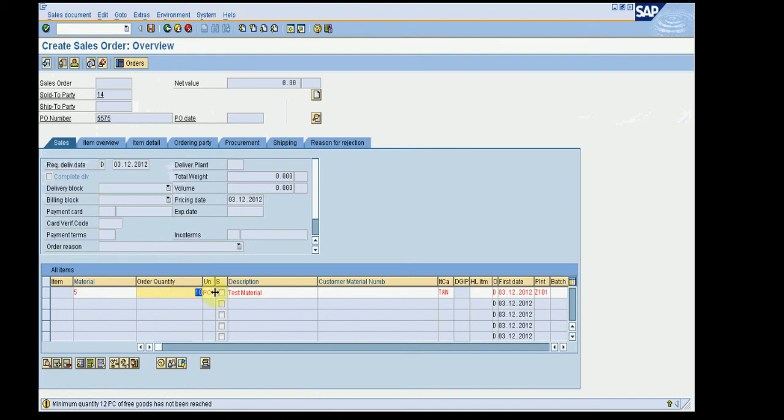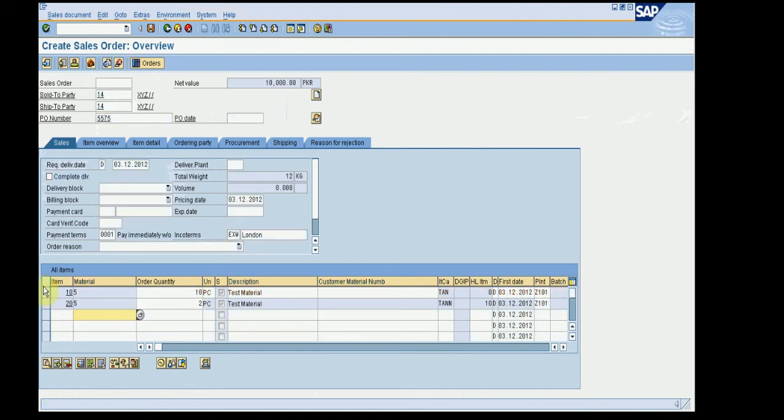Now I am going to change the quantity. Now you can see two line items have been created, one of 10 and the other of 2 pieces. This one is the higher level and this is the second level.